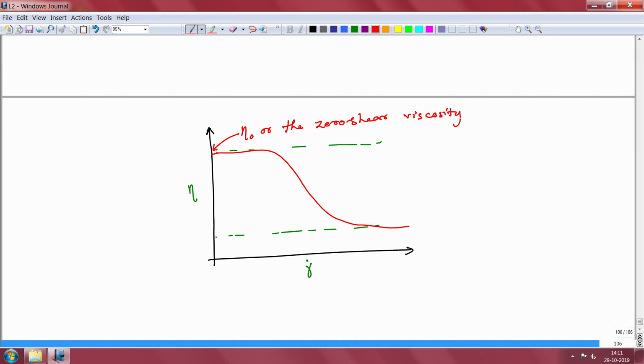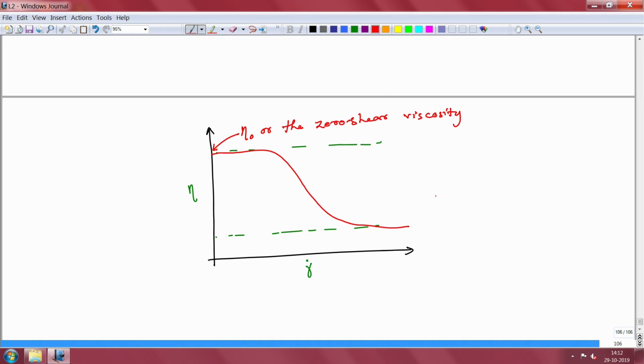So, in this model you have an initial part of the graph which behaves almost in a Newtonian fashion, and then the viscosity decreases with shear rate very quickly. So, in this graph, eta naught is the zero shear viscosity, and the viscosity is more or less constant with respect to shear rate in the beginning. Then you have another section where the viscosity decreases sharply with increasing shear rates, and then it finally stabilizes to